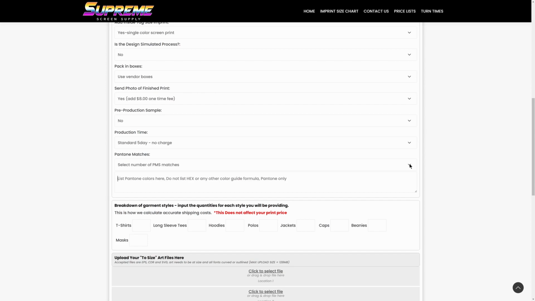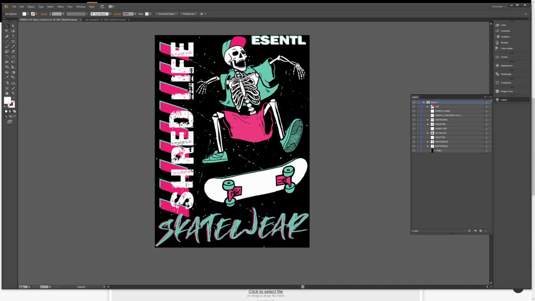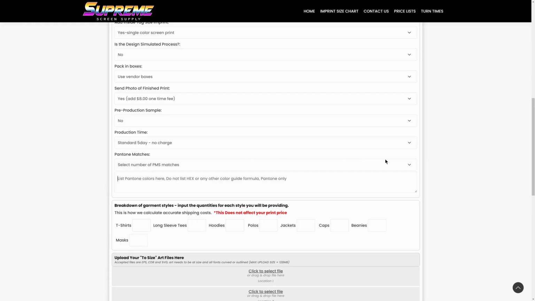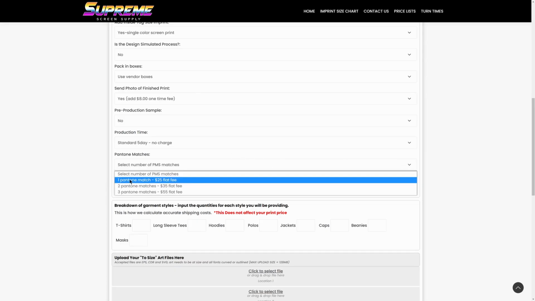So if you have any custom colors, which in this case, in this image I do, so I have this bluish green color. I decided to go with their fluorescent pink, so there is no charge on that one. It was no different than the custom one I had, so I went with that. But this bluish green color is Pantone 338C. So we're gonna go one Pantone match,